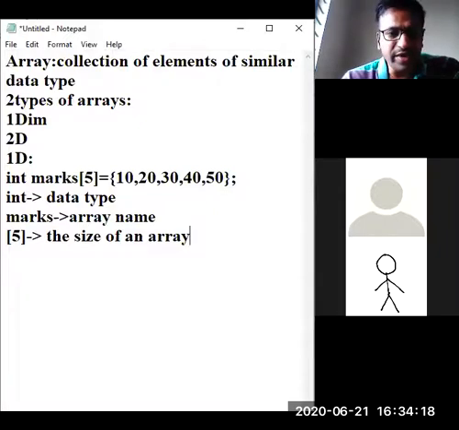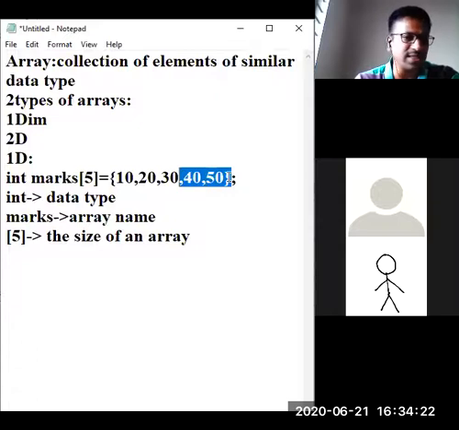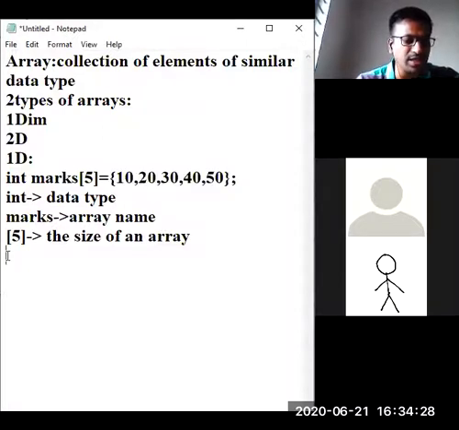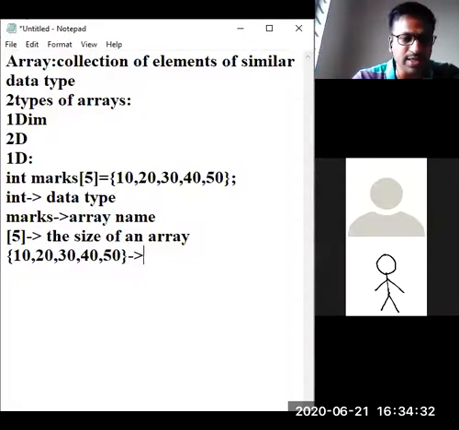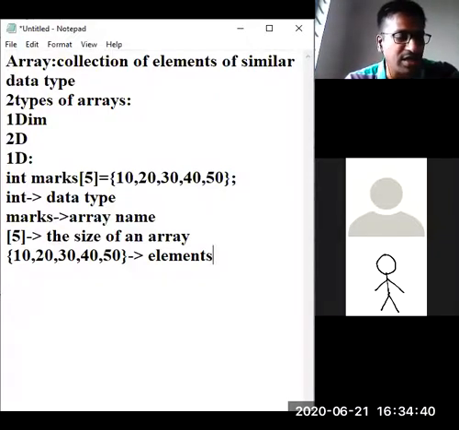So everything is defined, and last, these are the elements given in curly braces. These are the elements. So this is the terminology regarding this concept. We call them elements. Of course, integers are there. You should not club different types of data when you are taking the data type int. Okay, fine. So this is the basic structure of an array.